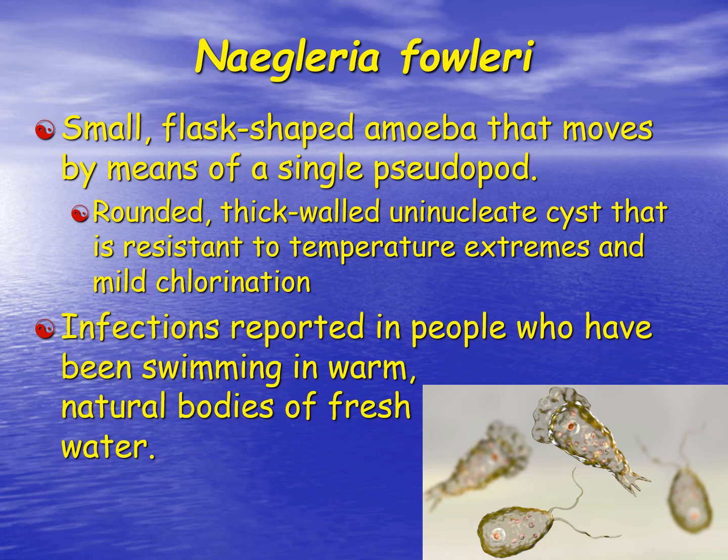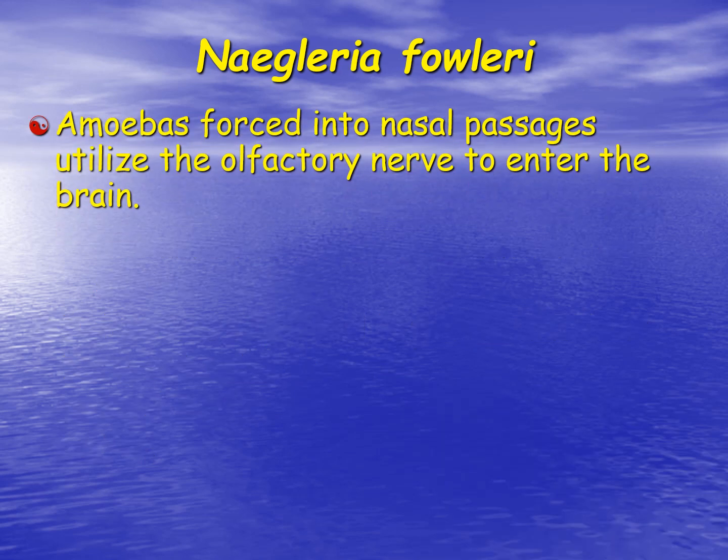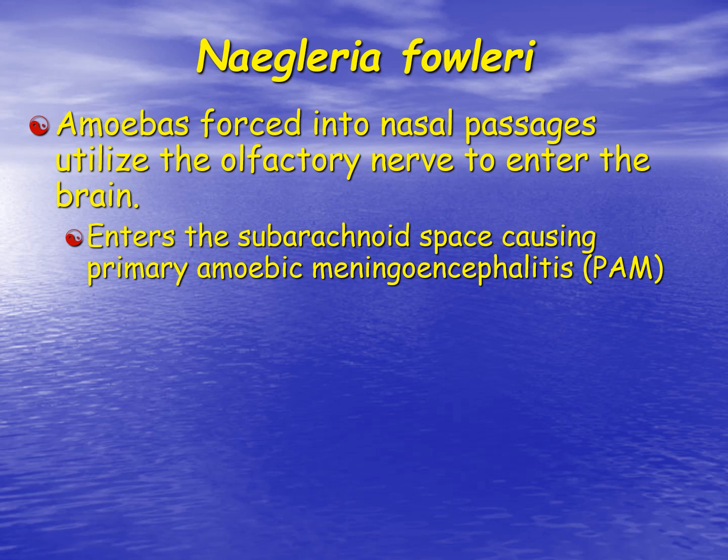And infections, primarily in the U.S., have been reported in people who have been swimming in warm, natural bodies of fresh water. And it's not just the swimming, you actually have to snort the water up your nose. And this usually has to be pretty forceful. So the amoebas are forced into the nasal passages and then actually will crawl through the cribriform plate of the ethmoid bone, actually following the olfactory nerves to enter into the cranial vault. It enters into the subarachnoid space, causing primary amoebic